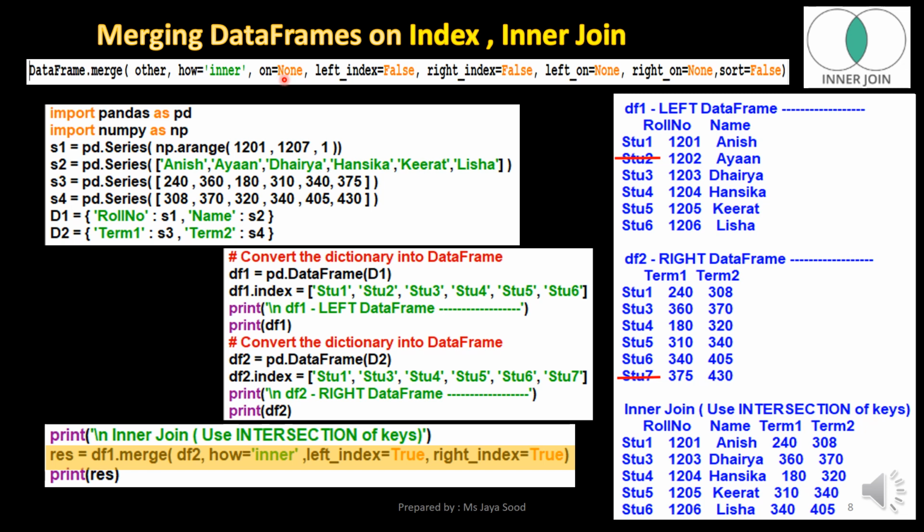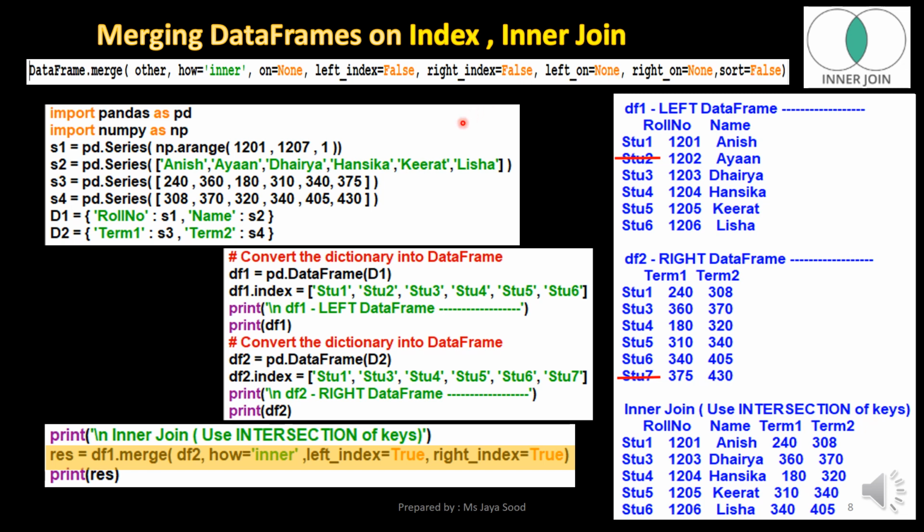If the on parameter is not specified and the left index and the right index are set to true, then the data frames are merged on indexes. Left_on and right_on are the keys with different names in the left and the right data frames used for merging. Sort is by default false. If it is true, then the resultant data frame is sorted on the merging key.